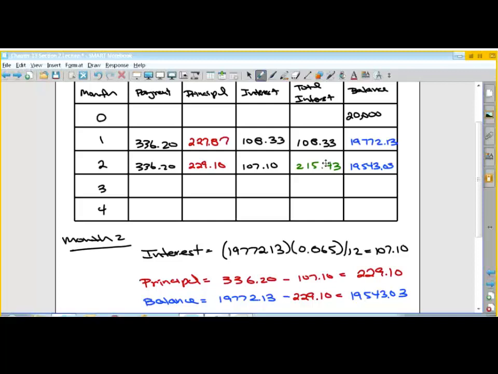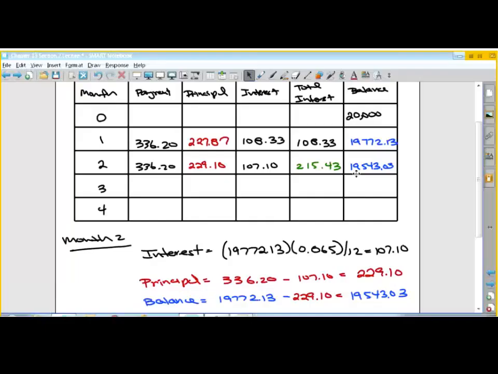are the way to go with this. But I just want you to be able to do the first couple of months so you understand the mechanics. They're just simple multiplication, division, and subtraction. And if I compare that with my table, you'll see after 2 months I've got 19,543.04. And here I've got 19,543.03. I don't know why I got a cent difference. I got that the other day too. So there's some rounding difference, but